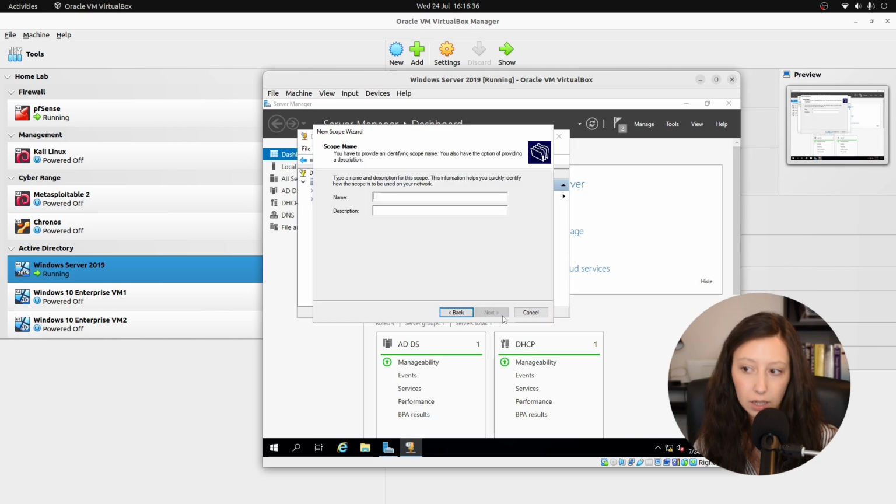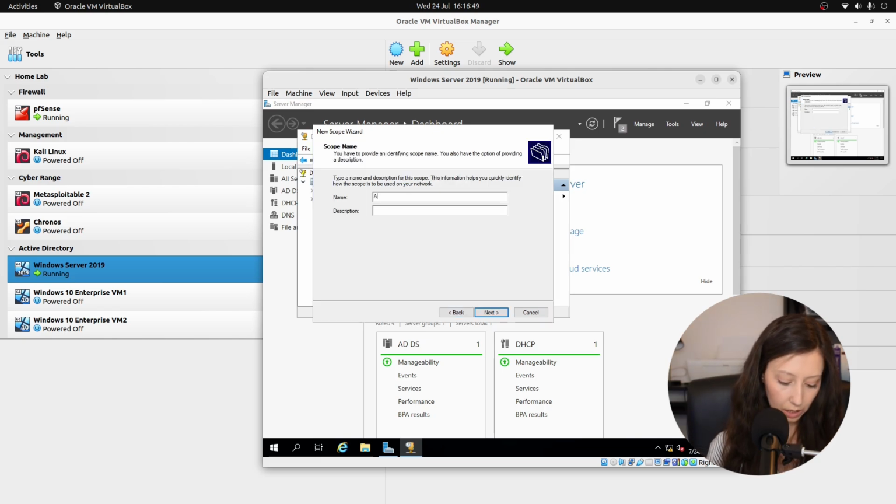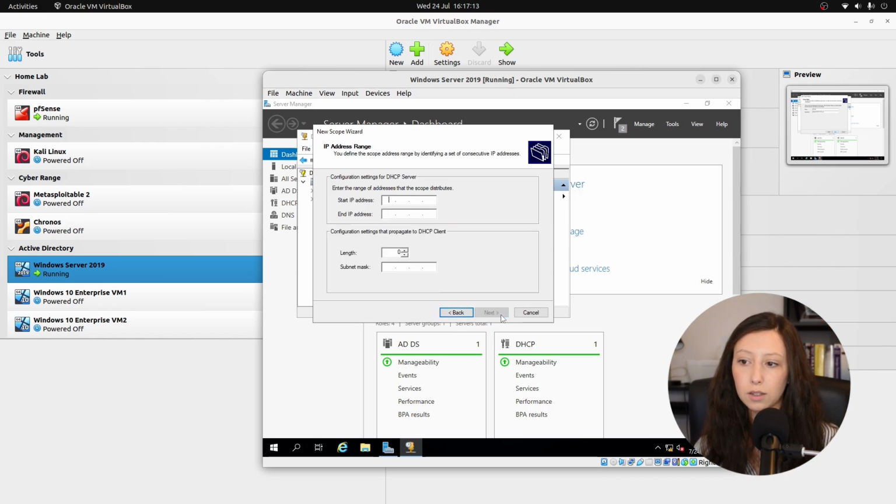Now we can click Next, we enter a name, so AD.lab, we enter a description like default DHCP for AD.lab. We click Next, and here the start IP address will be